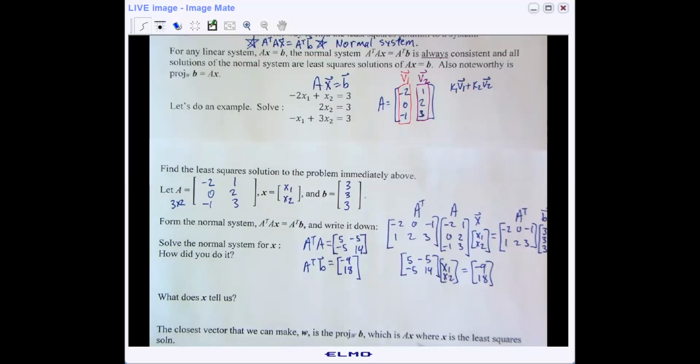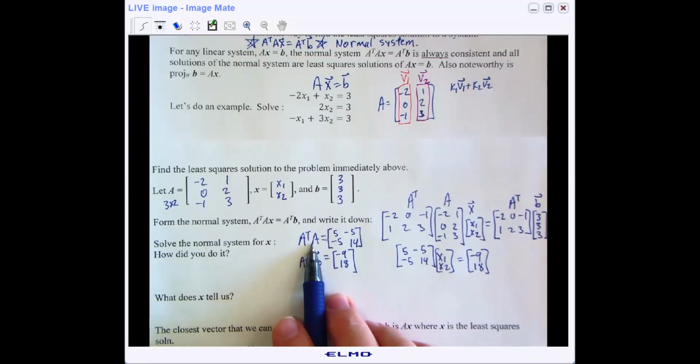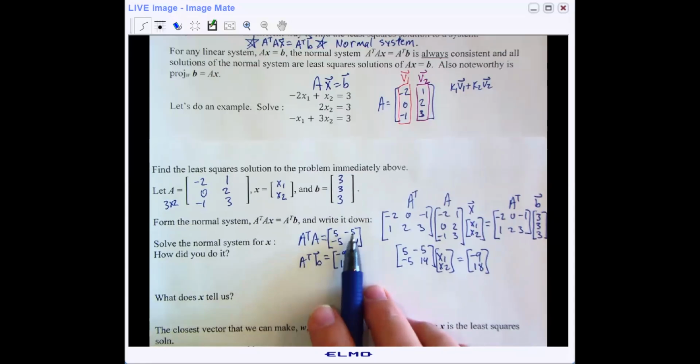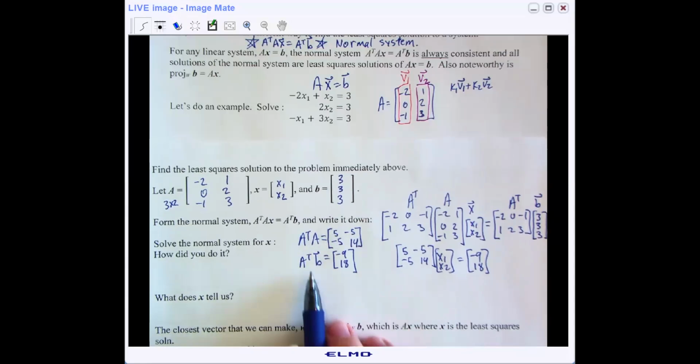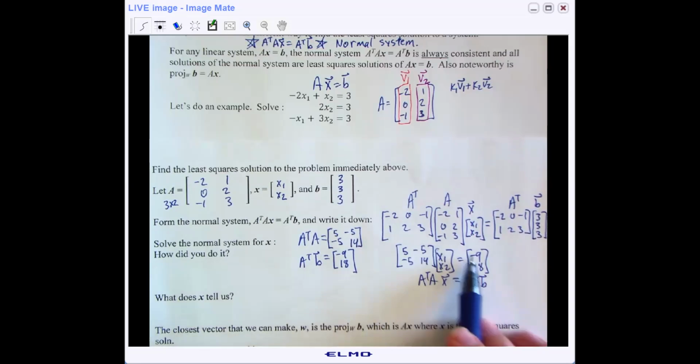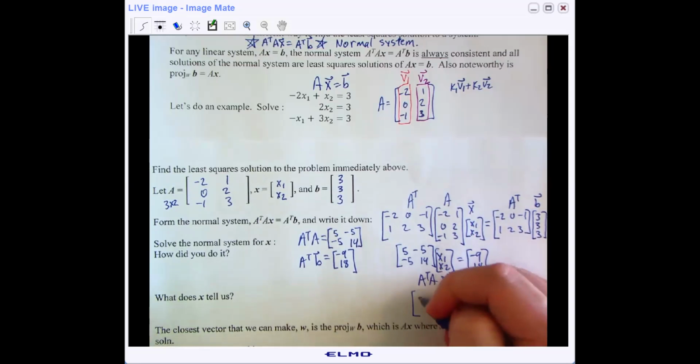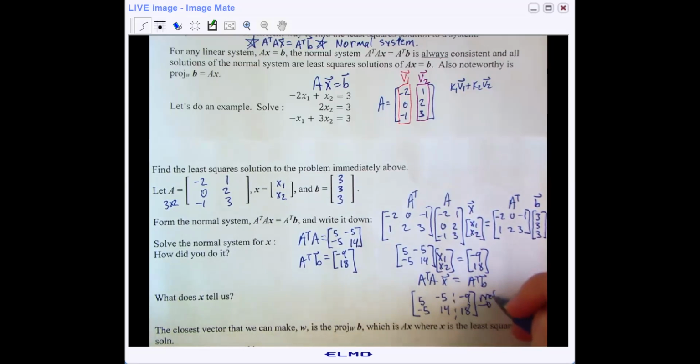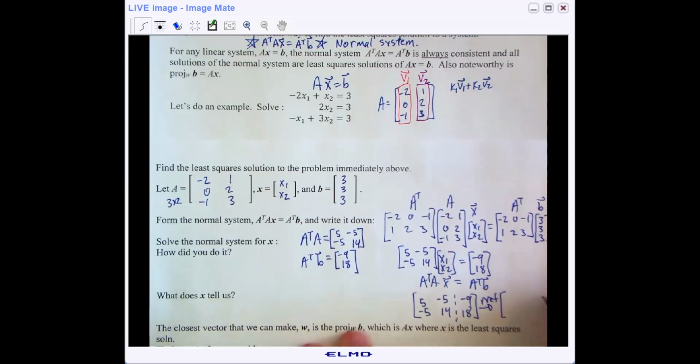So hopefully you put that in your calculator and found that A transpose A is the matrix with rows 5, -5 and -5, 14, and A transpose B is the column vector -9, 18. So that tells me that the system A transpose A X equals A transpose B is equivalent to this guy right here, which I could even write as an augmented system, and then RREF. And when I do that,